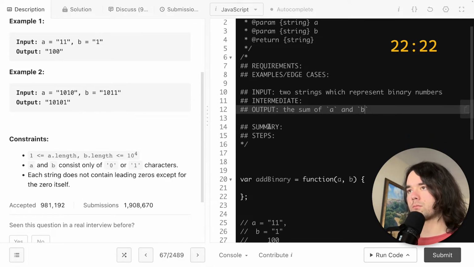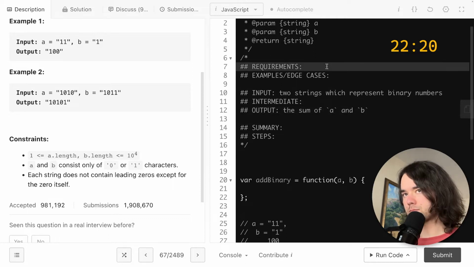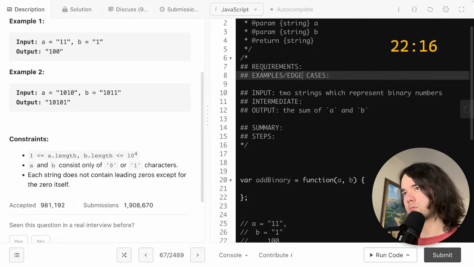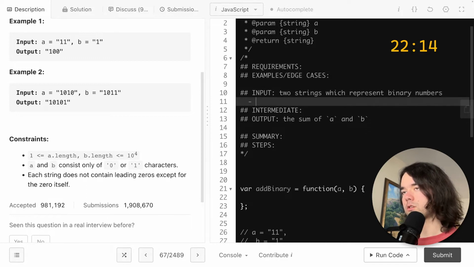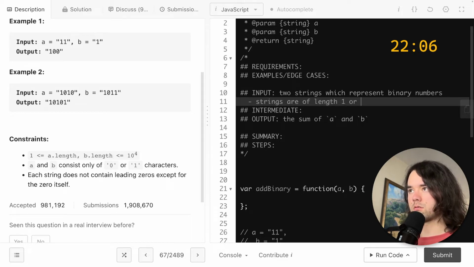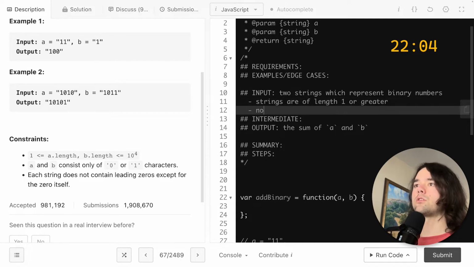Okay, let's think about this. So, I have some more input information. Strings are of length 1 or greater, and no